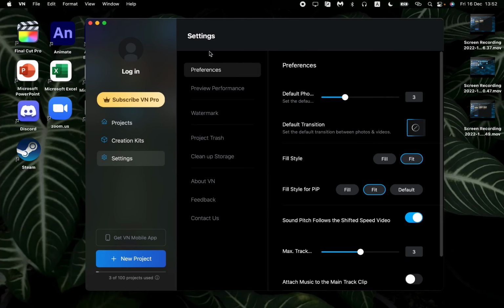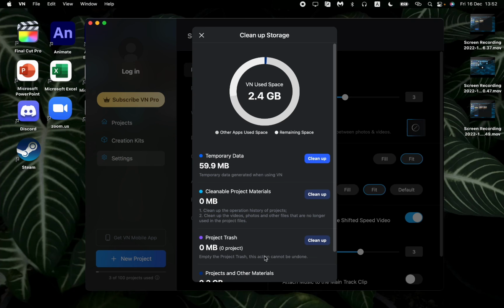So after that, I suggest you just re-upload the whole VN on your PC, and then this problem will be solved. Just make sure that you turned off this